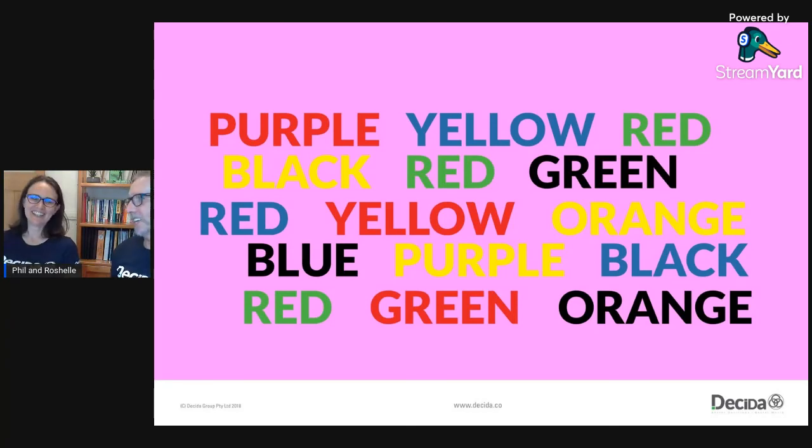Shell, you've done this 1,000 times, right? And so. 1,000 times. It doesn't get any easier, really, because what's happening here is your automatic system has seen the word purple and automatically wants to say purple. But your rational system, system 2, says, I know that that's not the rules for this one. I'm trying to inhibit that. I'm trying to cage my ape that wants to say purple and say red. And your ape goes, fine.